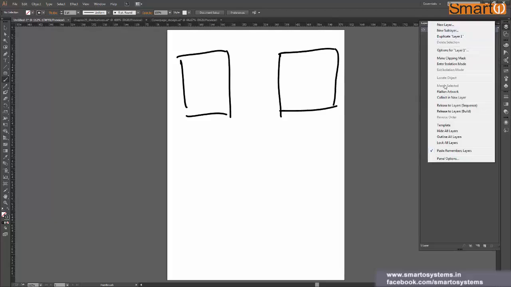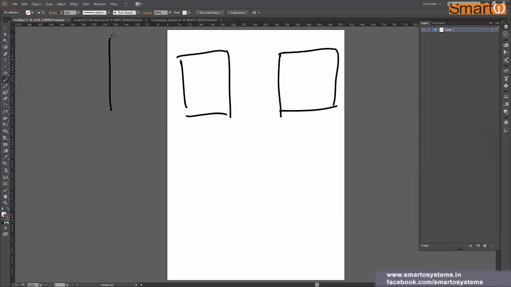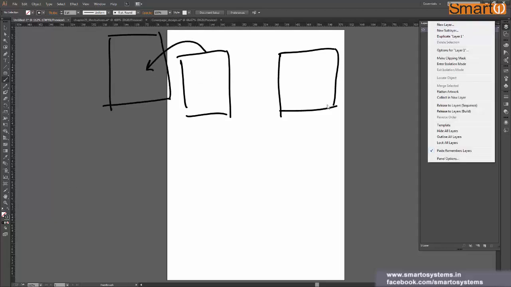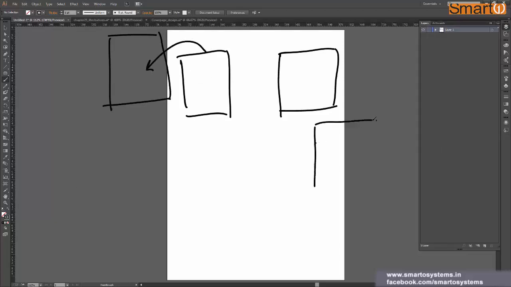When I click on collect in new layer, what it does is create a new layer, let's say this is the parent layer, and put your existing layer or a selected layer in this one. But when I click on new sublayer, it will create a new layer and put this layer inside your previous layer.